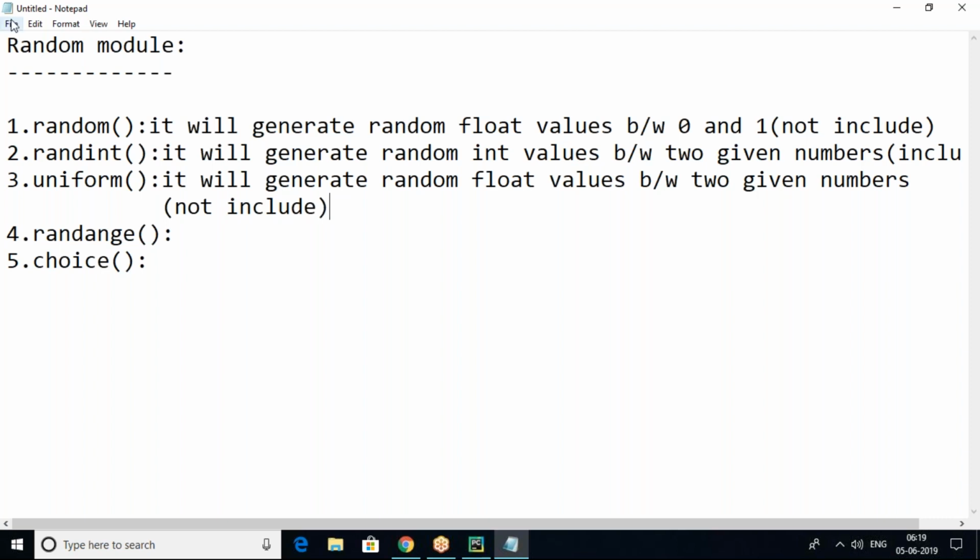What is the difference between the random function and the uniform function? The random function also generates random float values, and the uniform function also generates random float values. But the difference is that random generates between 0 and 1, not including them, and uniform generates between two given numbers, also not including them.